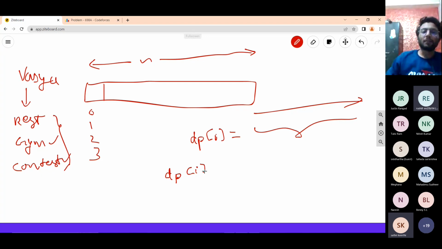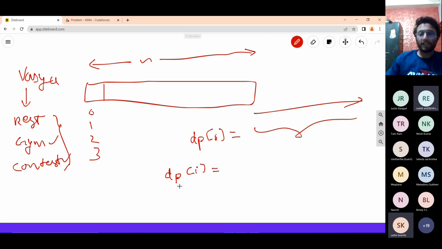So I have to find the minimum number of days that she took a rest. Instead of that, I'm solving a problem that is the very same: I want to maximize the total number of working days. So in this case, let's say dp of i is the answer, the maximum possible working days up till